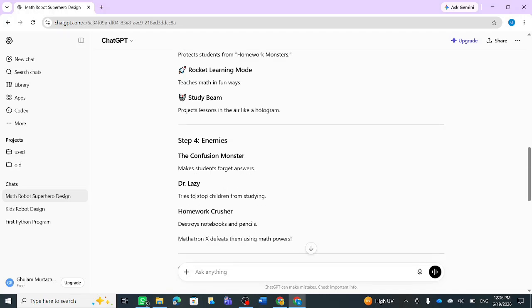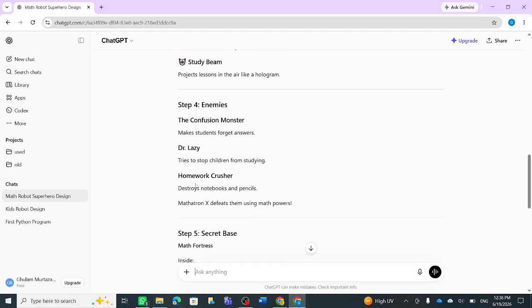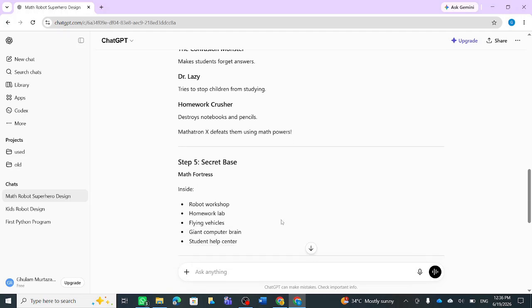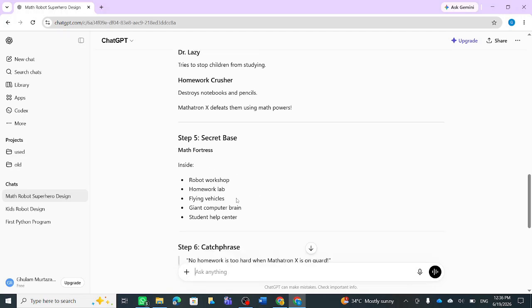Dr. Lazy tries to stop children from studying. Homework Crusher destroys notebooks and pencils. My God, that's a real enemy. Methodron X defeats them using math powers, and its secret base is a math fortress. It lives in a math fortress.